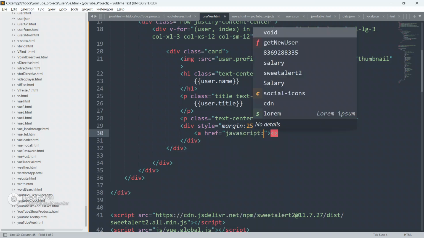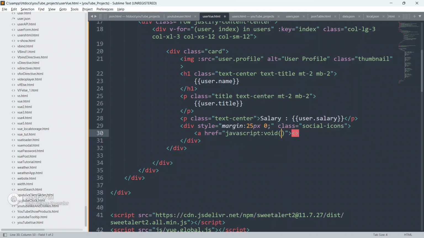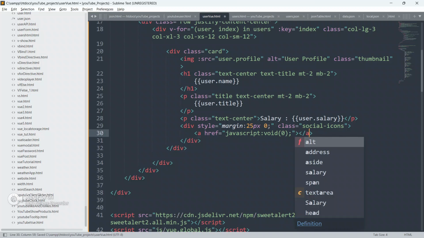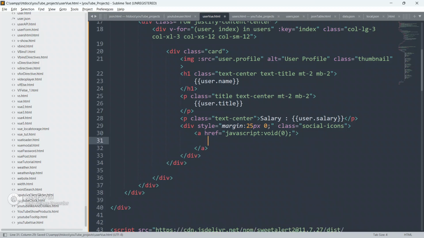Create an anchor tag first, give href as javascript void, so that it won't take us anywhere whenever we click on this social icon.